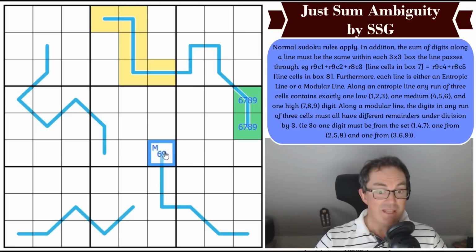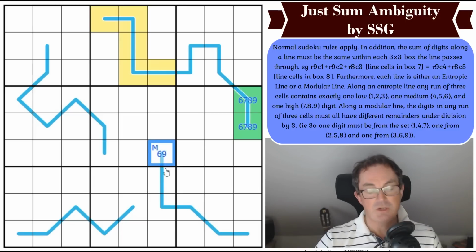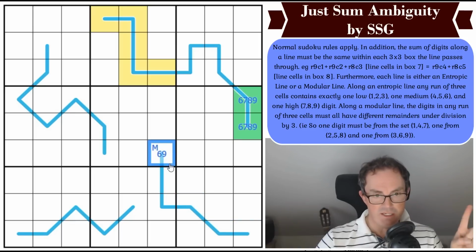But as this line is modular, this cell, which is the sum of those 3 cells, must itself have a 0 remainder when divided by 3, which means it's 6 or 9. Now, if it's 6, this is 1, 2, 3. If it's 9,